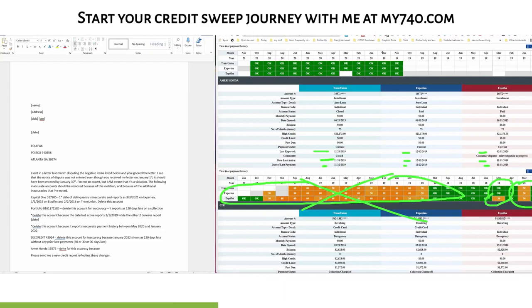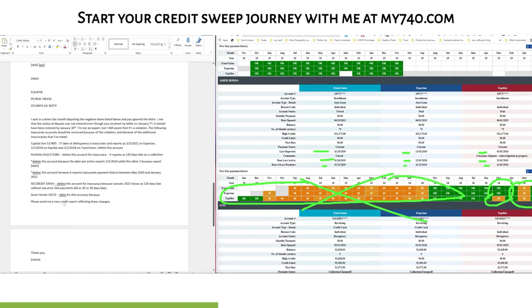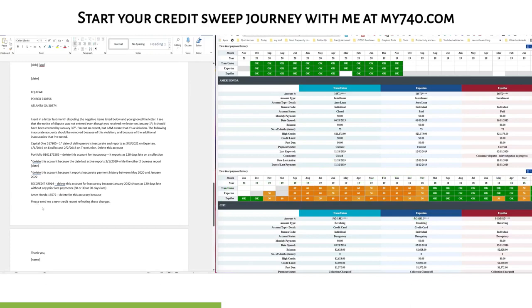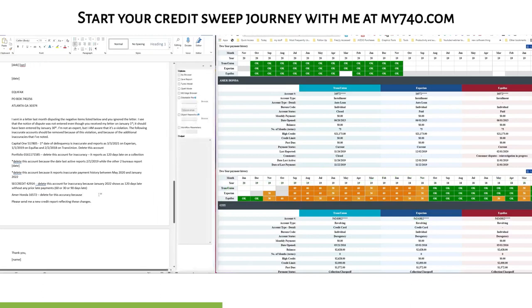So for deleting this account, we're going to actually state, go fix this. This is going to be delete this account for inaccuracy, because now let's check it out. We could say we were not late on, let's go and remove this so I can read what these dates are. We could say let's remove this account because November 2018 was paid on time. We could say March 2018 was paid on time, and we could say May 2018 was paid on time. But if we're writing a letter to TransUnion or Experian, they both report on time for May 2018, so this would only work for Equifax.